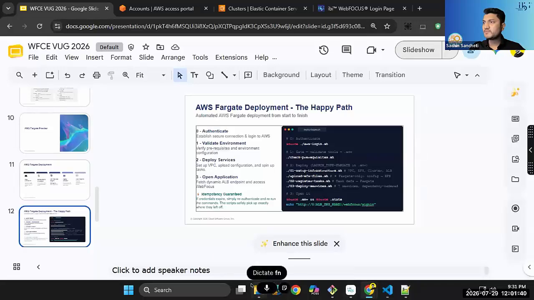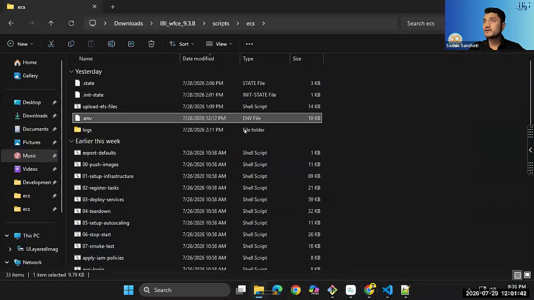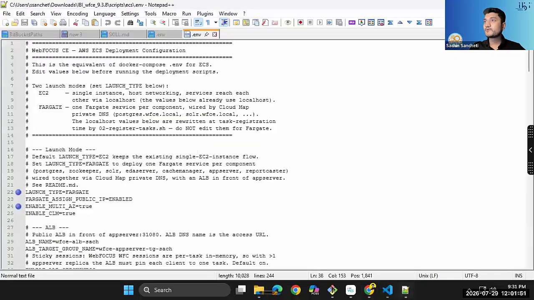So as Ram said earlier, even for this ECS deployment, in this particular folder, scripts and ECS, we have this environment file. So here you can define all your variables. Here, if you can see the launch variable, I have defined Fargate. It supports your public and private IP. So it is enabled. It supports multi-availability zone, so I have kept it true. Then if you scroll further,